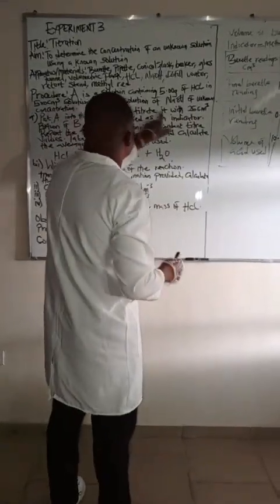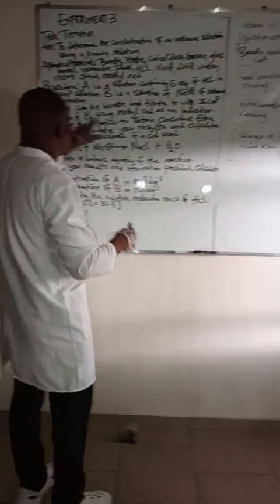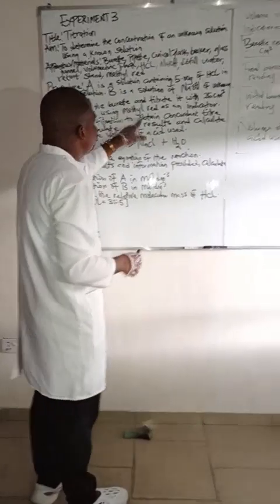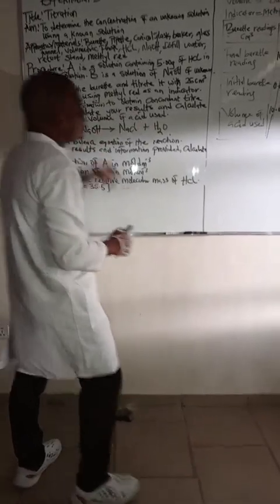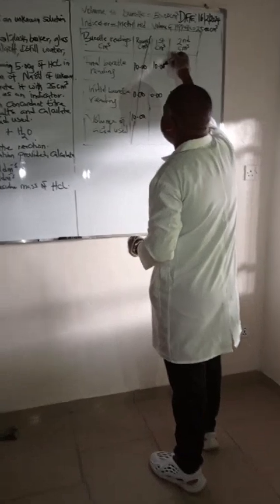it said put end on the burette, titrate with what? Titrate it with 25 portion of base using methyl red as what? Indicator. Repeat the titration to obtain concordant values, tabulate your result, and calculate the average volume of acid used. So before we calculate the volume of acid used, let's get the difference between the final and the